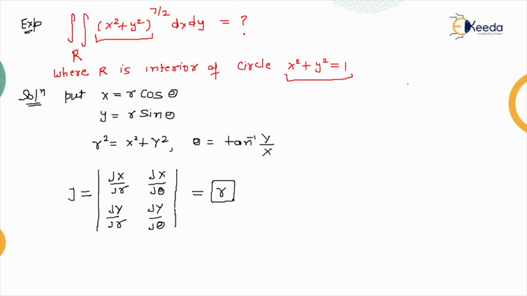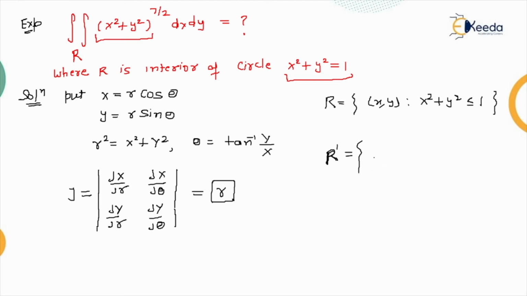Clear? So now it is time to see what the limit will be. The previous region we have is our circle. First of all I will write R, that was the region, with some x, y, and the condition was x square plus y square equal to 1, or we can write less than or equal to 1, because this is a boundary value condition. Now we will give a name to the new limit, which will be R dash. Clear? And what is R dash now?